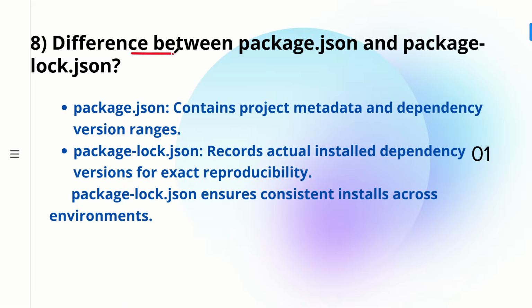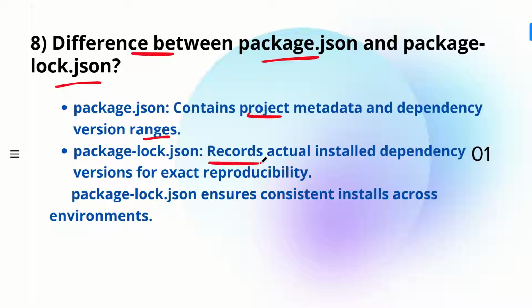The eighth question is, what is the difference between package.json and package-lock.json? So let's see the difference. package.json contains the project metadata and the dependency version ranges. So it has metadata, like the third party libraries information, the name of your project, version, description, dependencies, devDependencies, authors, and multiple things. So it basically contains the project's metadata and the dependency version ranges, whereas package-lock.json records the